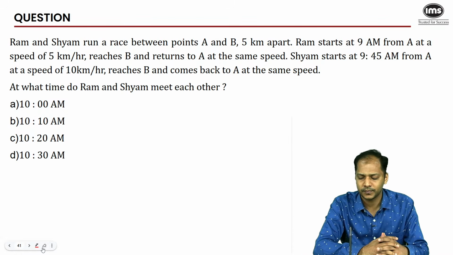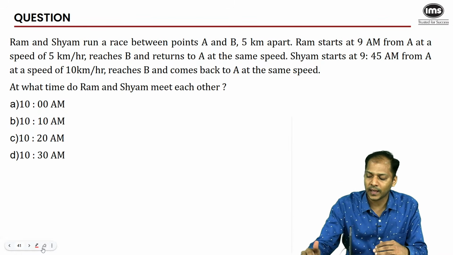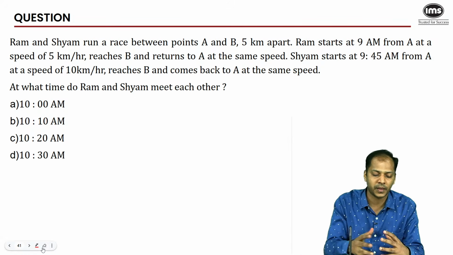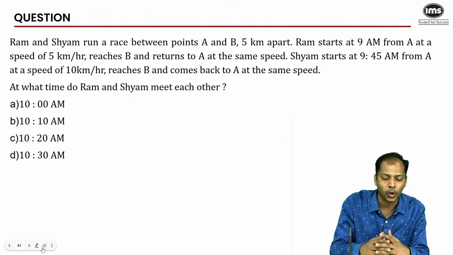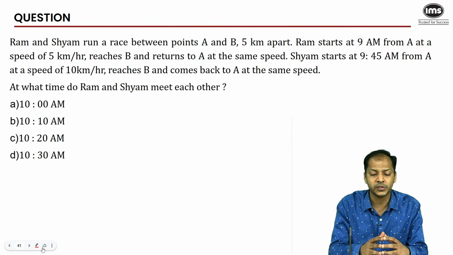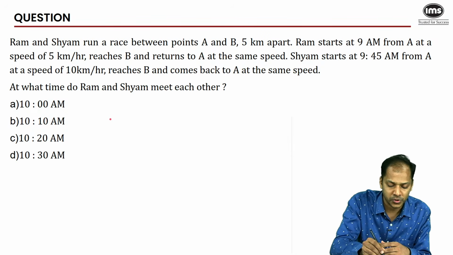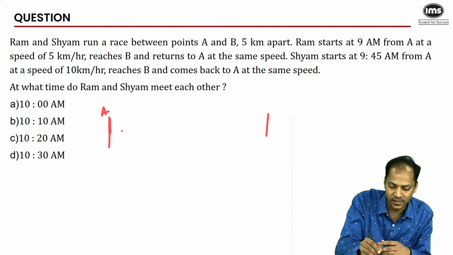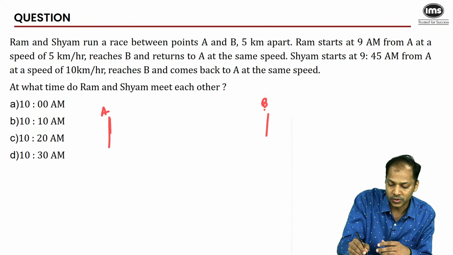All right. While I had given you all the time, I was thinking whether I should solve it using a diagram method, or whether I should just check the options. I realized this question could have been solved very easily using the options. First of all, you just had to understand what the situation was. There is this point A and there is a point B. Okay, these two places are 5 kilometers apart.